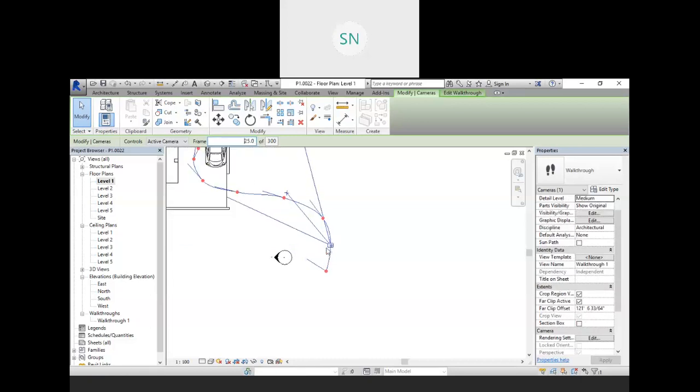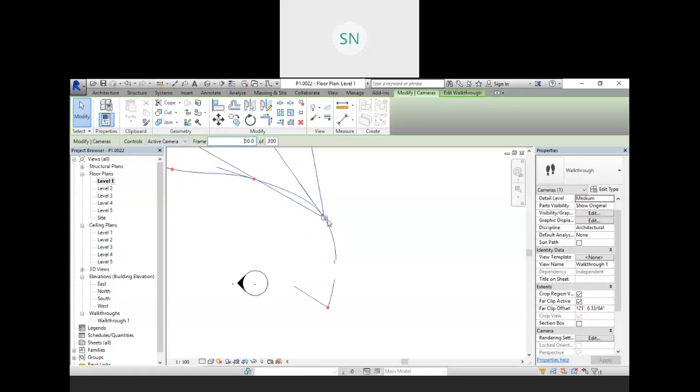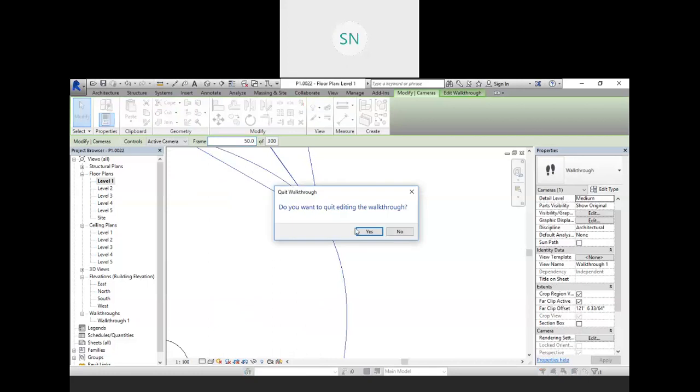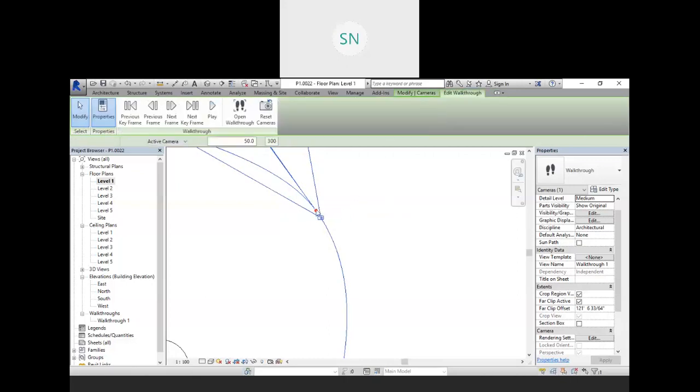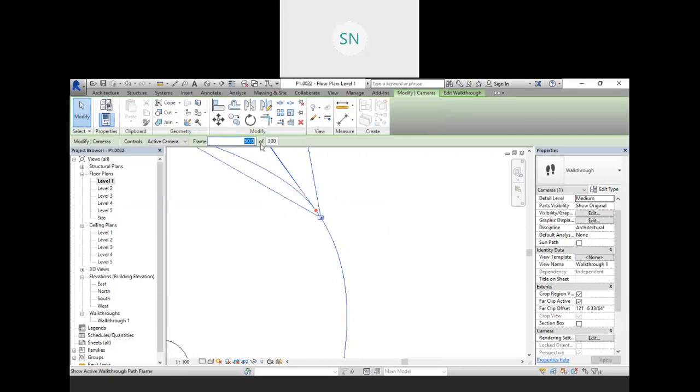So our camera will be here. Try to reach your nearest key point, and now just click on your key point, edit, select your key point, go much closer, so it's 52, and now select this key point.